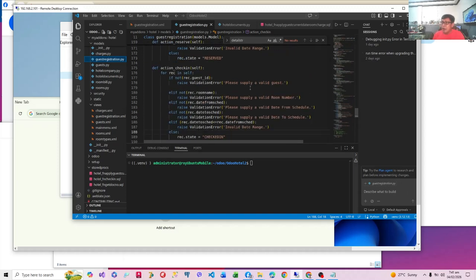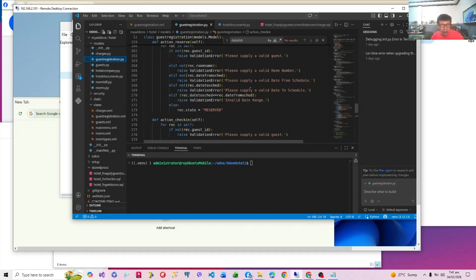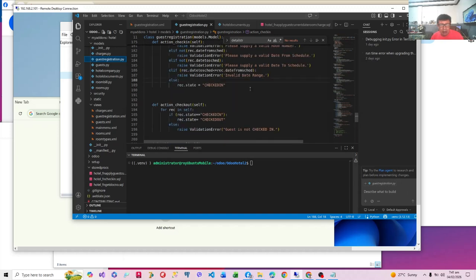So I'm writing my data manipulation in PostgreSQL to keep my Python code simple. Of course, you can write the check-in functionality here, but it will mess your code. It will make it difficult to read, no?